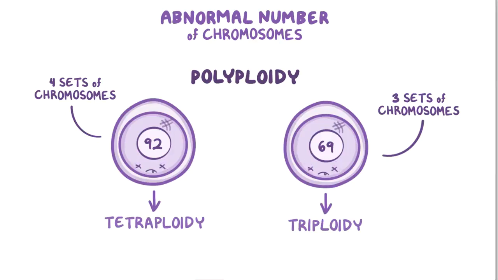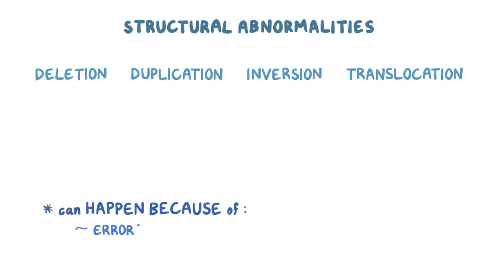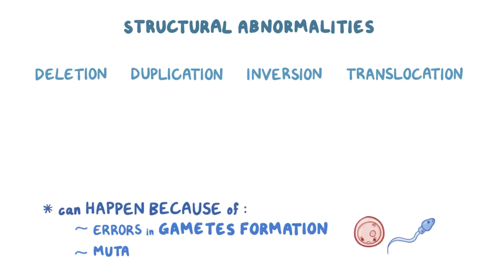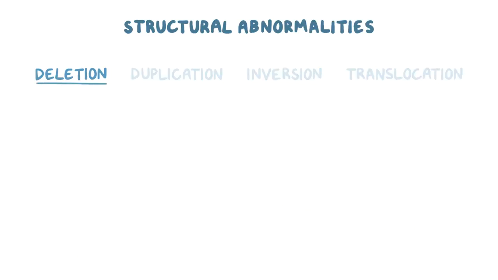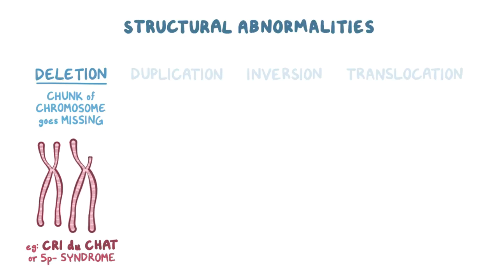And finally, let's look at structural abnormalities in chromosomes, like a deletion, duplication, inversion, or translocation. These can happen because of errors in gamete formation or because of mutagens like radiation. Deletions are pretty straightforward. Basically, a whole chunk of the chromosome goes missing. An example is a syndrome called Cri-du-Chat, or 5p- syndrome, which is when there's a deletion on the short arm